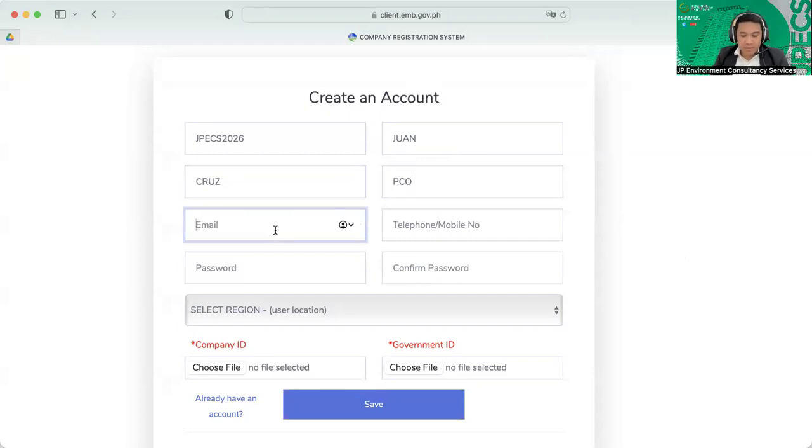For example, jpex@gmail.com, telephone or mobile number 0998-543-5477. And we have also the desired password.